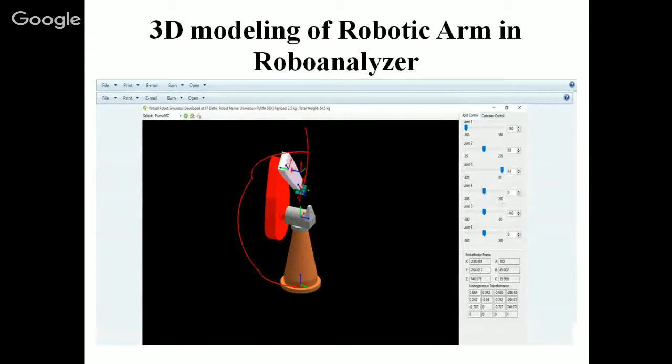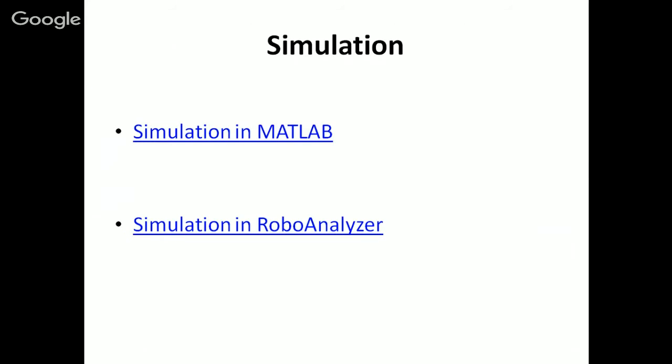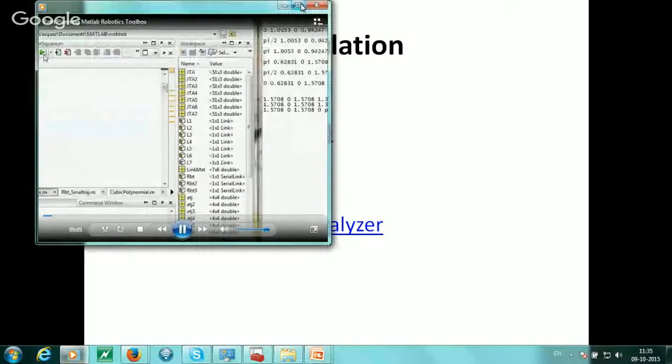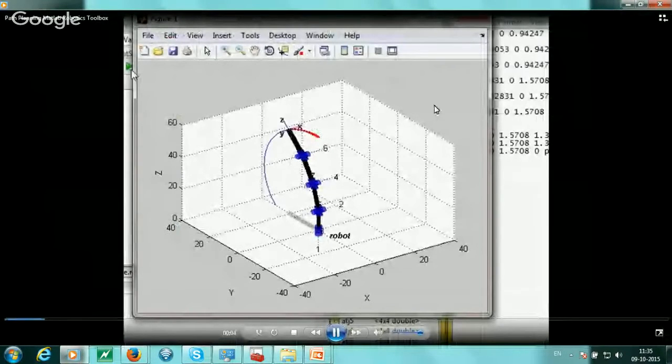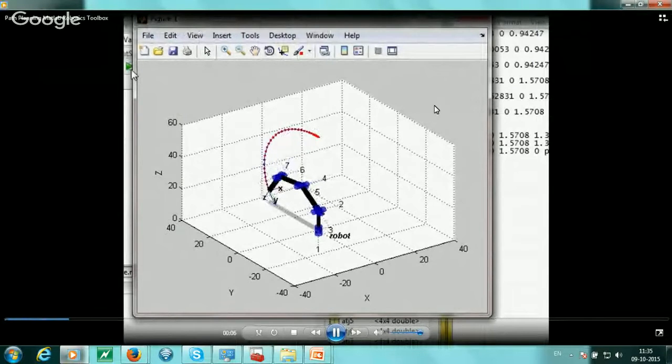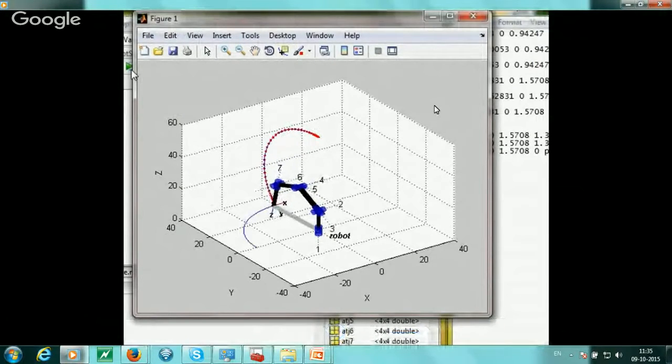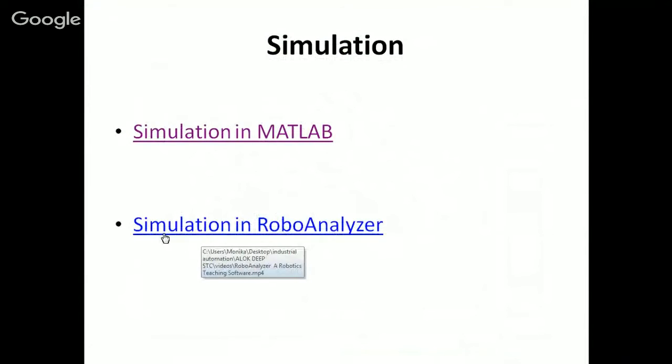We can check the joint angle, joint torque, transformation matrix, inverse kinematics, and forward kinematics of the robot in the simulation. Simulation in MATLAB and simulation in the Robo Analyzer. I have a video of the simulation in MATLAB. This is a simulation of the robotic arm in MATLAB. And simulation of the robotic arm in the Robo Analyzer is